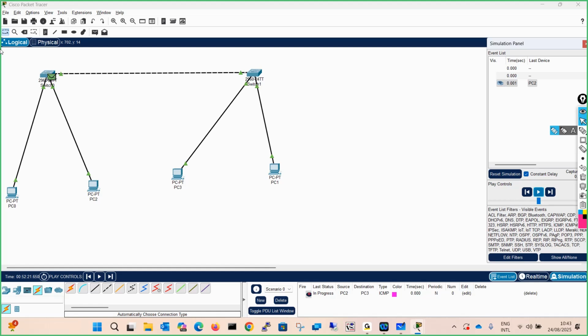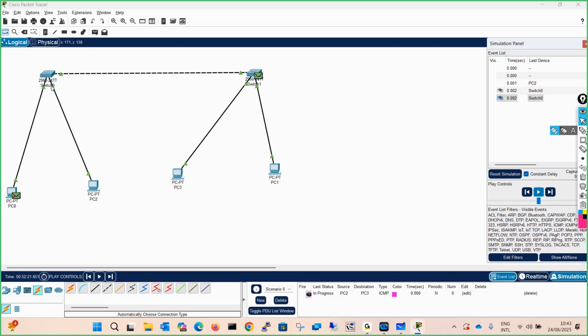You see there is a packet going to switch 0. Now see, the same packet is broadcasted. It comes over here also and it goes over here also. This is nothing but an ARP request, initially, because PC2 doesn't know the MAC address of PC3. So PC2 has created a frame asking for the MAC address of PC3. In the frame, there is a source IP, destination IP, source MAC, and destination MAC is unknown.